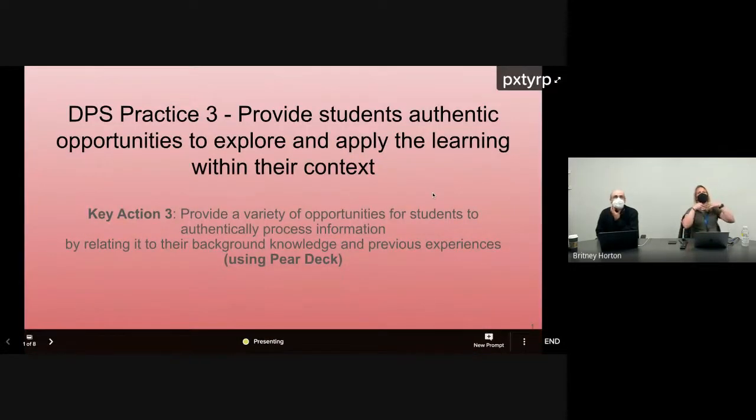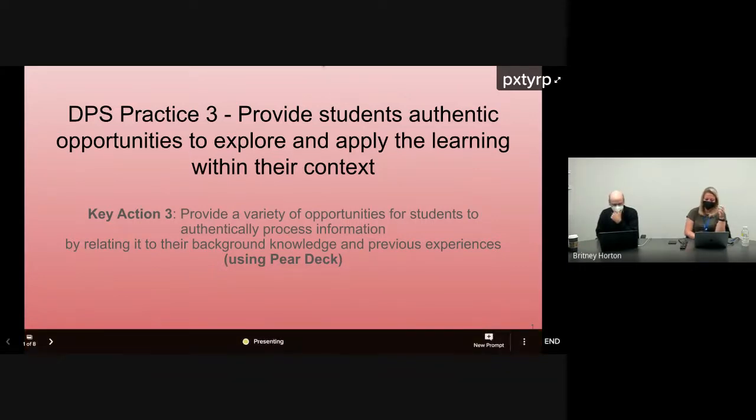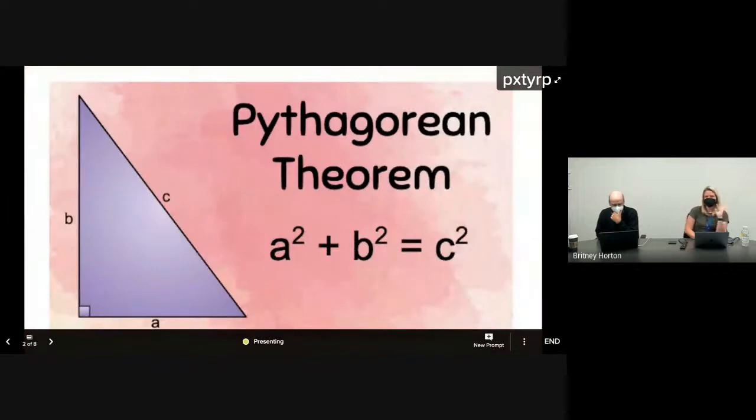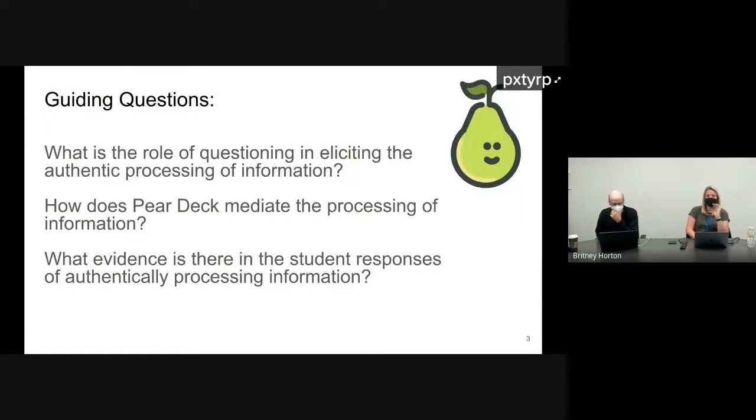But like I said, I just wanted to use this Pear Deck example to walk through and have you guys think of how this is helping students authentically process information. So this is a sample lesson, and what I'm doing on my screen and navigating should prompt you on your screen and move you through as I'm going. So say today we're talking about the Pythagorean theorem, and for you guys, this wouldn't be for students, but these are the questions that I want you to think about as we walk through, and I'd love for a couple of you, when we're done, to share out ways that you saw this happening